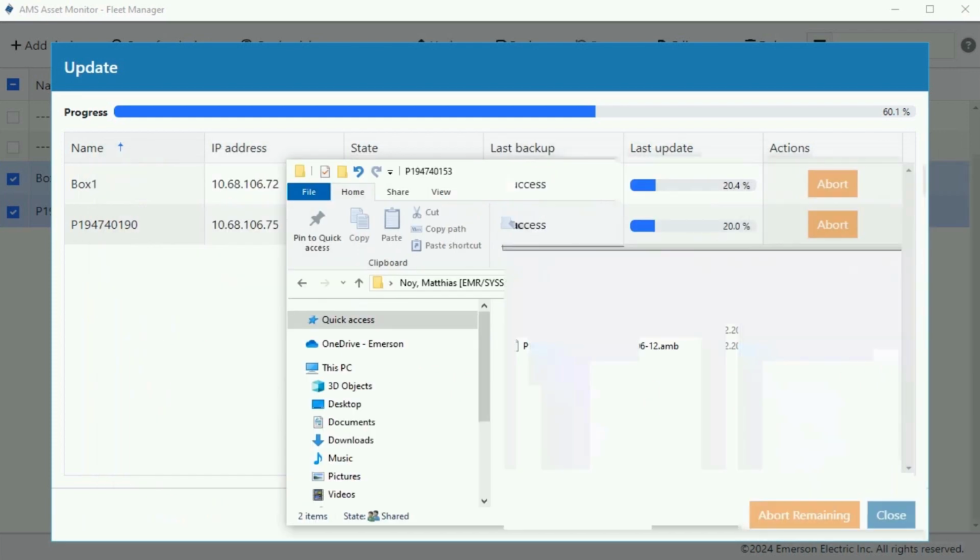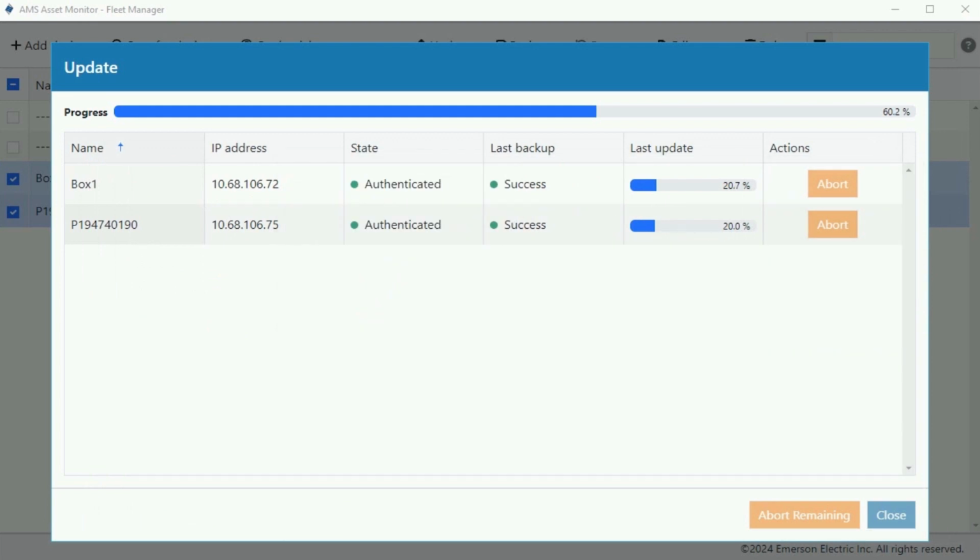Now moving that away again. The only thing you need to do now is wait until the progress bar shows 100%